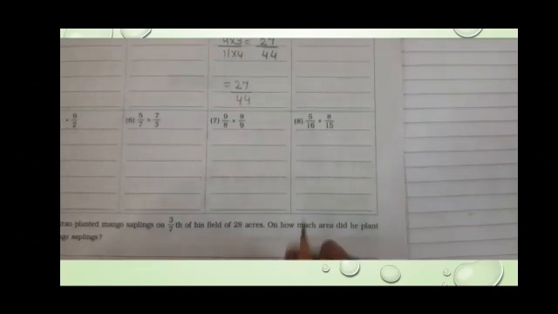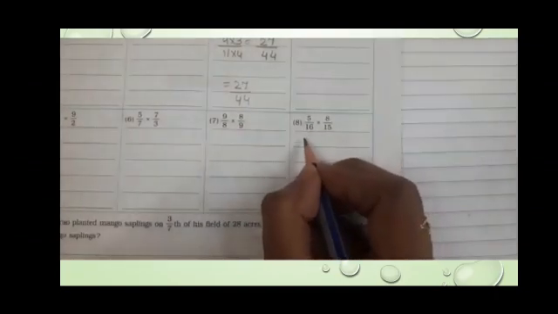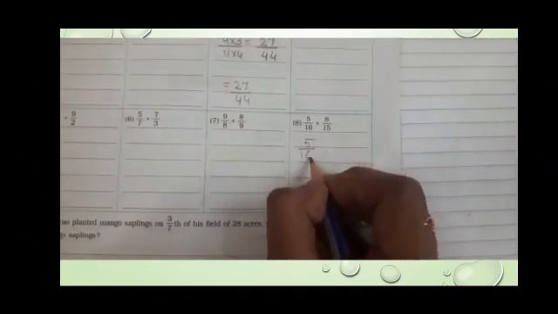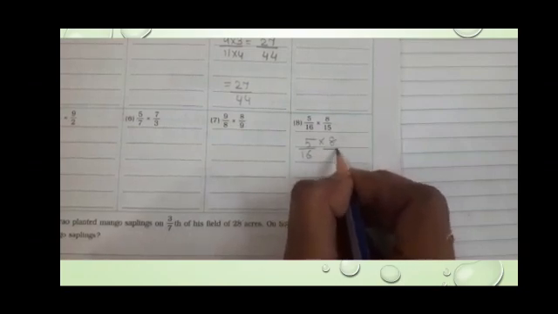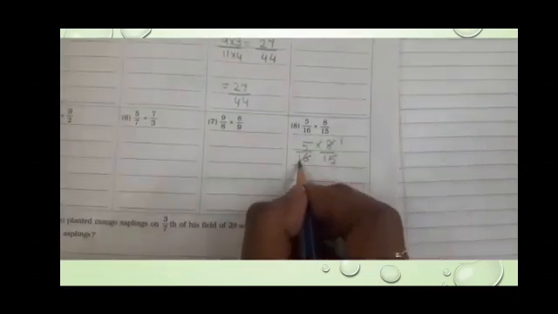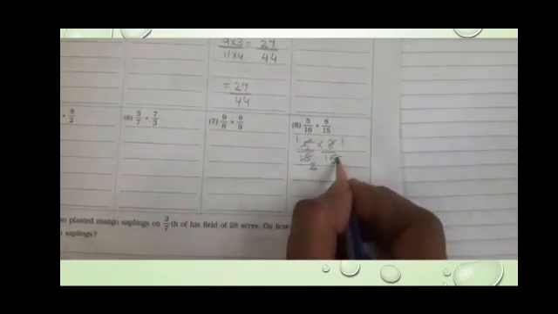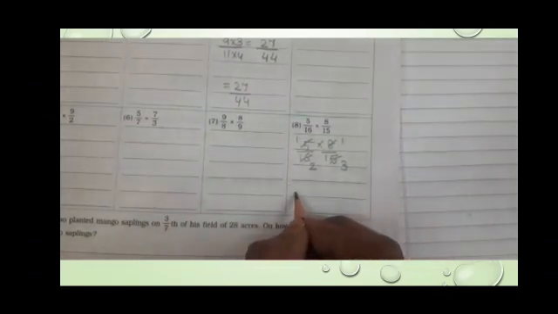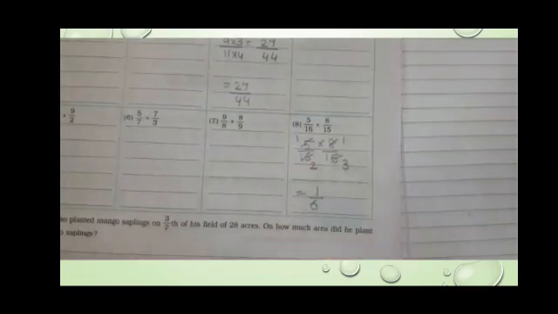Now I will be solving the 8th sum. Here you can see 5 by 16 multiplied by 8 upon 15. Now in the 8 table 16 comes. 8 ones are 8, 8 twos are 16. 5 ones are 5, 5 threes are 15. So remaining is 1 ones are 1, 2 threes are 6. This is a very simple method. It's called the cutting method.